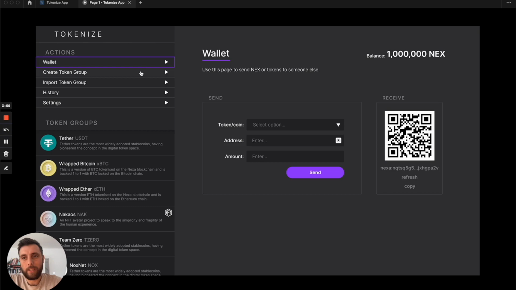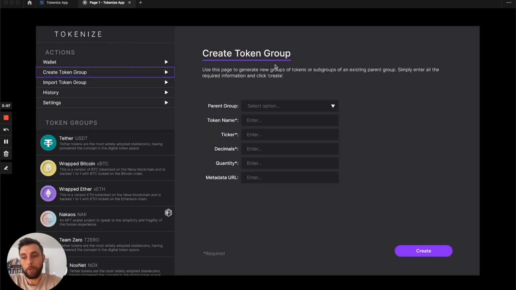But where it gets interesting is the create token group. In here, you'll put the key information about the token. So you've got the token name, the ticker of the token, how many decimals the token uses. So if you want to have your token divisible by 100, you'd put two decimals in here. You've got the quantity, how many tokens you want to mint initially with the token group, sorry, and then the